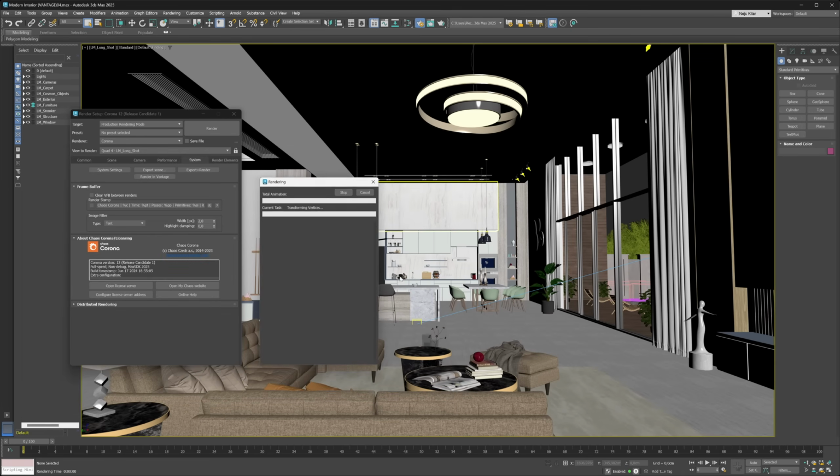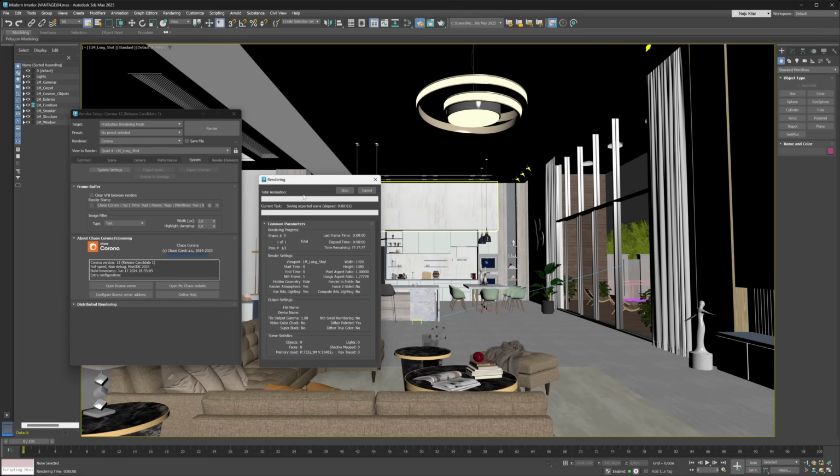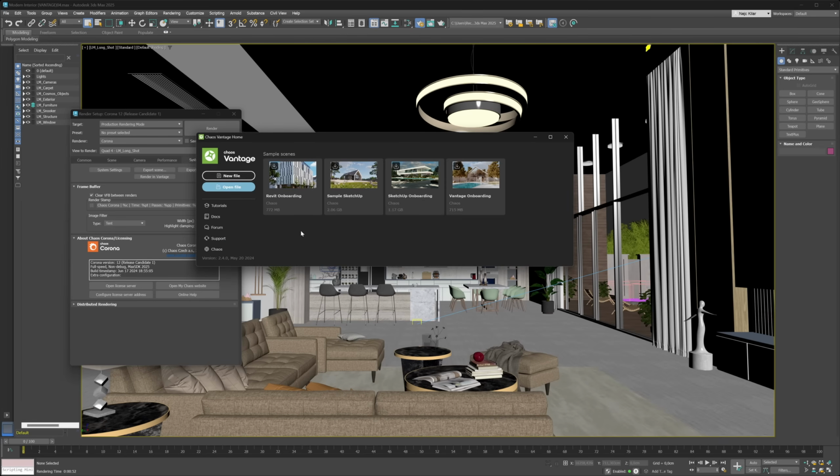And let's hit save. And now the exporting will start, and we're going to just fast forward this part so you don't have to wait for this process to finish. Okay, so the export process finished for us here. We also opened up Chaos Vantage, and this is sort of the greeting menu that you're greeted with anytime you open Chaos Vantage. And so now what we can do is we can just hit open file here,